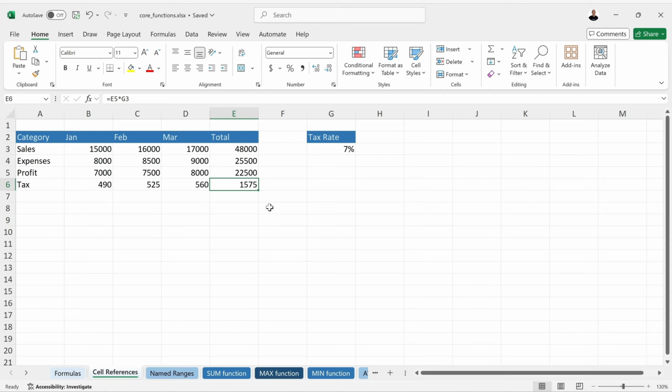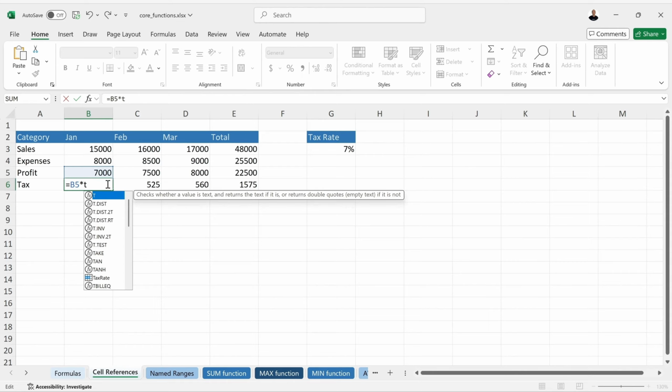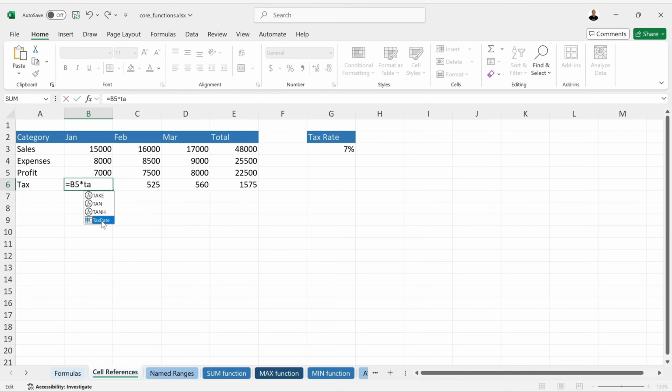Another important feature here, if I want to escape this fixed column and row, I can name this cell. Here at the top I have the name box. I can use the name box for this cell. I can type taxrate without the space and press enter, and then instead of using absolute reference here, I can double click on the formula, delete the first part and start typing. When I start typing, Excel shows me taxrate, the name I gave for this cell. I can select it or press tab, and now